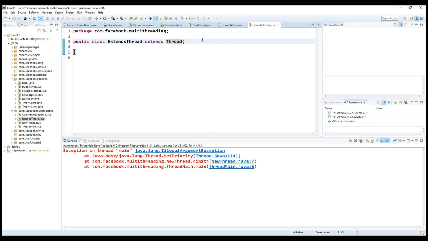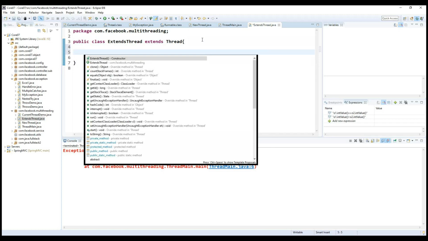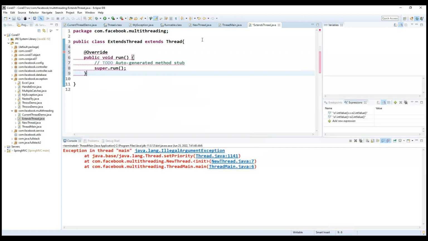So now what you need to understand here, this particular thread extends from the Thread class, so you can override the run method basically. If you don't override it, what happens internally? It will call the Thread class run method. But I don't want to call the Thread class run method. Here we are trying to provide